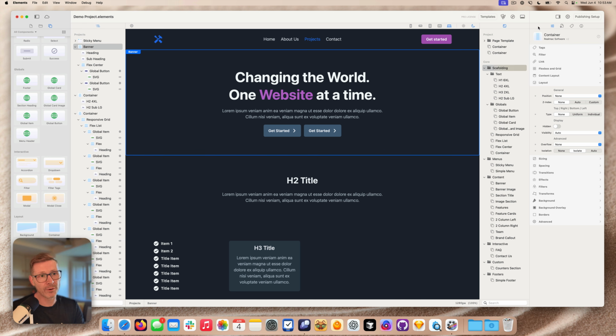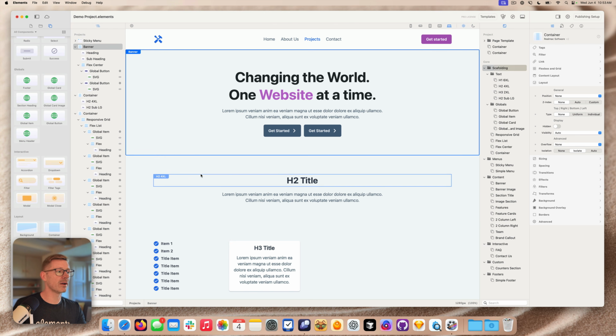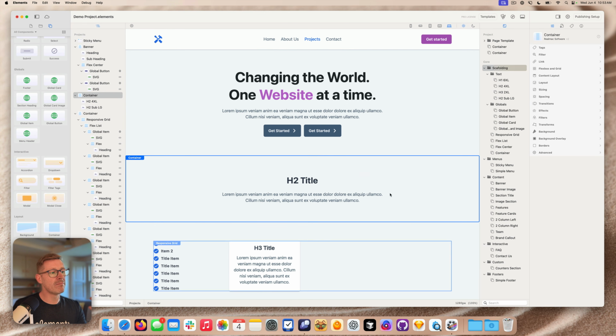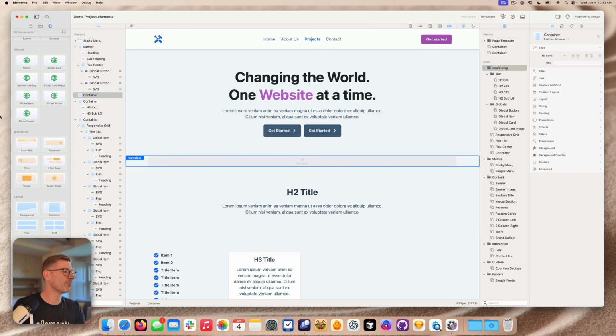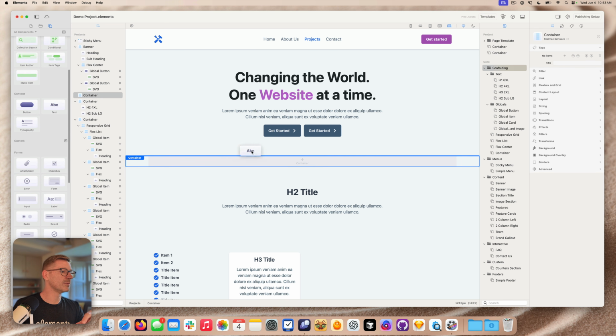I don't have to go and change the colors on this. It's already set up and it just works. So now I've just made a new section, and I didn't have to style anything, because if I do the same here, I drop this on and then I go and drop some text on